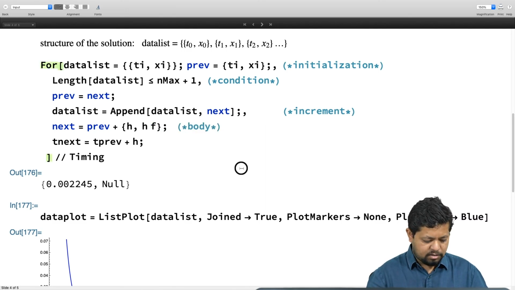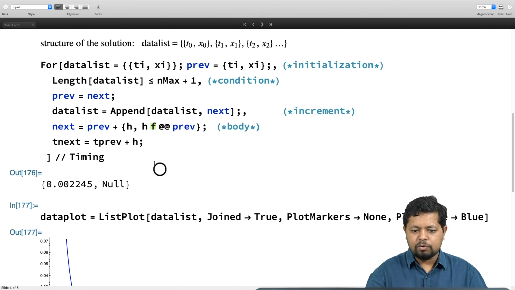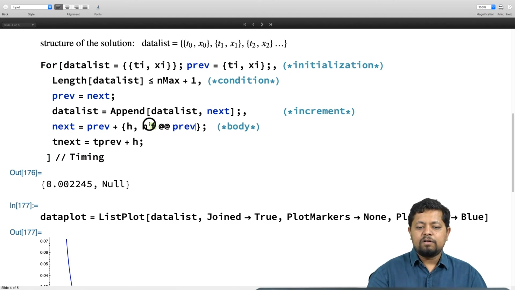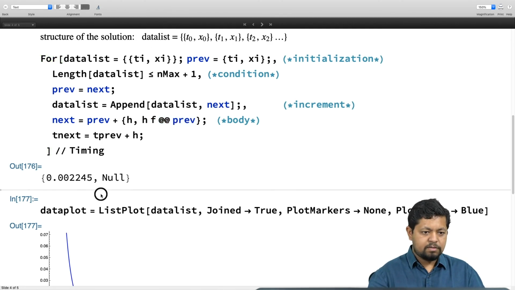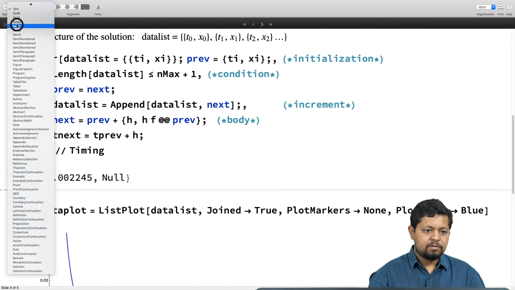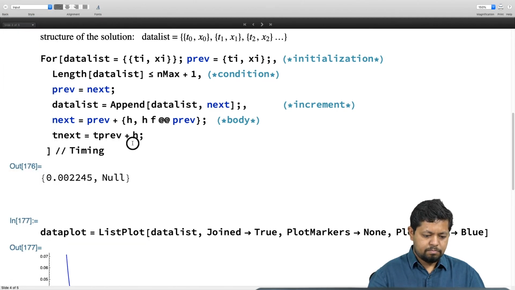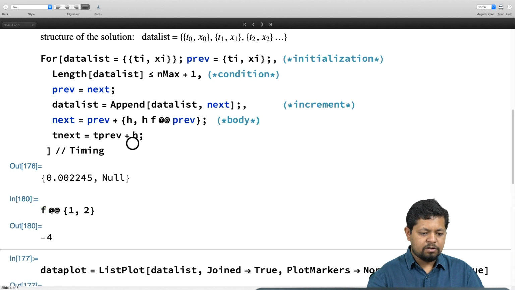So for that, I'll take f at previous. Note the use of the add operator. F acting on previous, remember that previous is a 2 tuple. That's what is intended. If previous is 1 comma 2, f added previous is going to, or let me call it g,